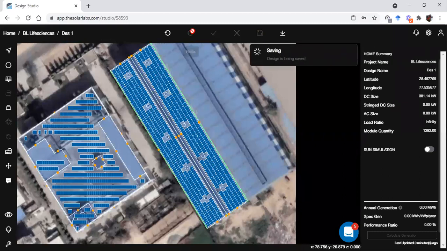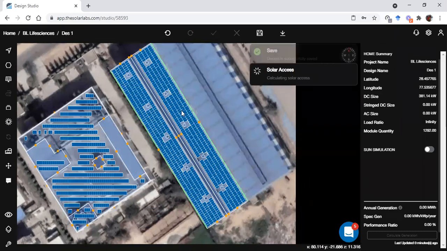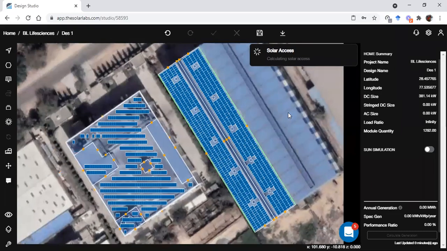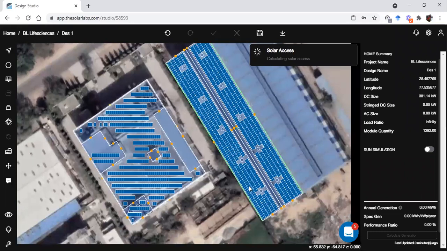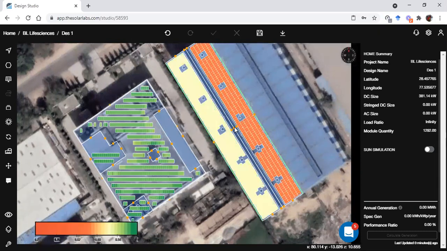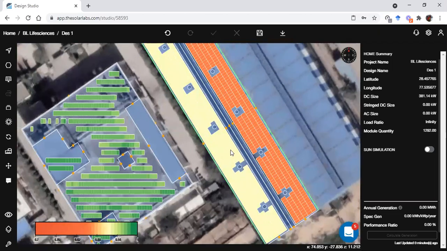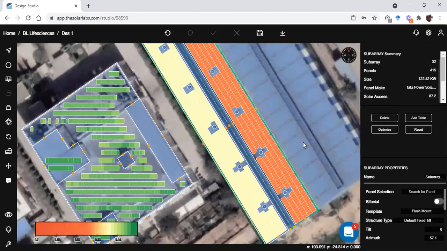Now what I will do is once again refresh my solar access to check the efficiency and performance of these panels, because these panels were facing true south, but these panels are facing east and west. So obviously these panels will have some losses, and we can see a similar thing here. So in this case, I can go to the sub array.